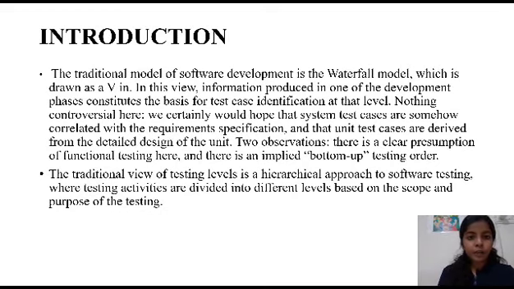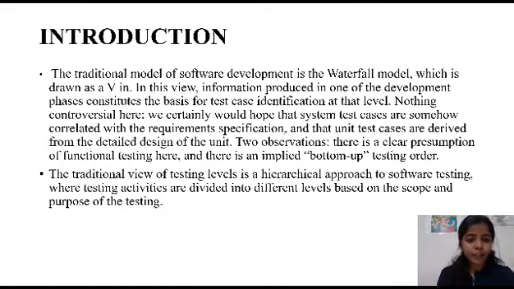Introduction. The traditional model of software development is the waterfall model, which draws the V in a sweep. The information produced in one of the development phases contributes to the basis of test case identification at this level. Nothing is controversial here. We certainly would hope that the system test cases are correlated with the requirement specification and that unit test cases are derived from the detailed design of the unit. There is a clear prescription of functional test here, and there is an implied bottom-up